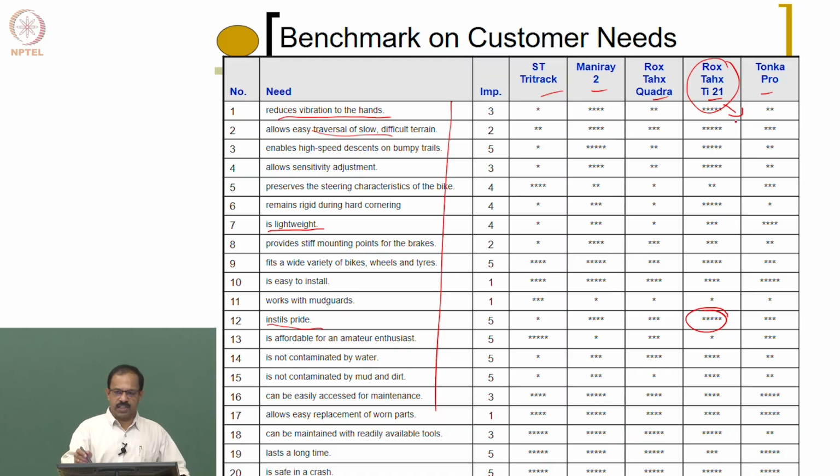It's not necessary that only this value, you can find out whatever value is available. Sometimes all the information may not be available, so you need to make some assumptions. But we will try to get this information and see who actually satisfies the customer needs in the best way. For example, last long time, you can see this one. Most of them are actually good. Except for this, the life of these all are good. But this one, the life is not that good. So if you try to improve upon this and provide all these values, you will have a better product than this. If you want to make it better than this product, you can actually go for it.